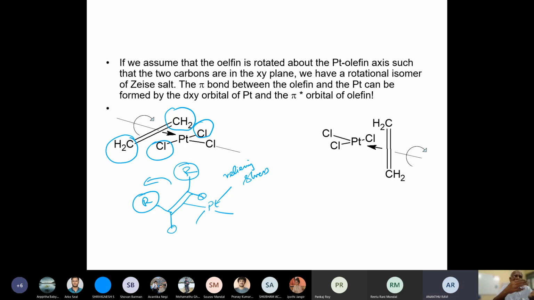There is a steric factor, and to add on to it, if I have only three olefins, I can share the pi electron density better. So the metal actually reaches a compromise in terms of the number of olefins around it and the strength of the interaction and how they can come close to each other. So it is a balance of several factors that leads to the formation of the tricoordinate complex. All right, sir.